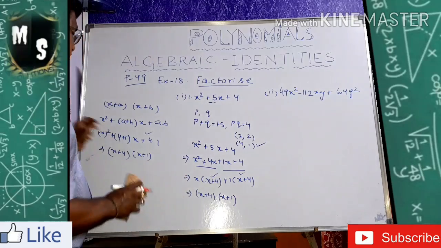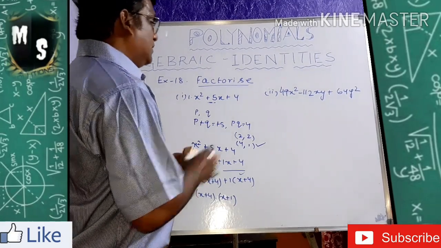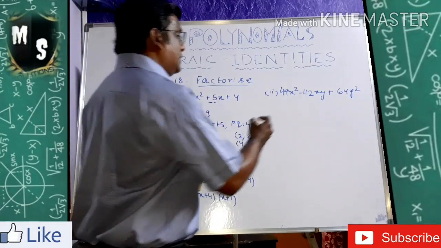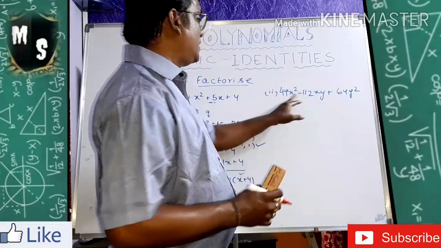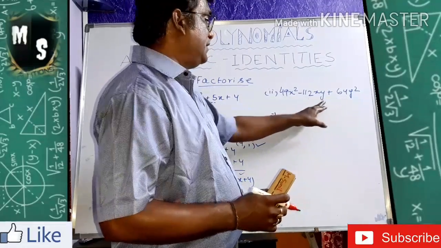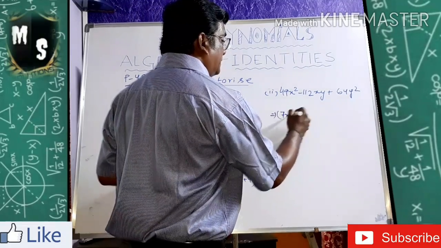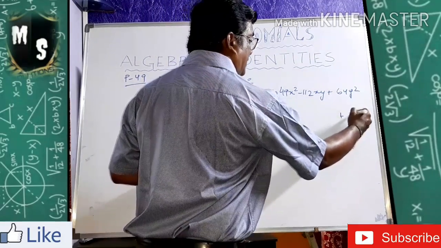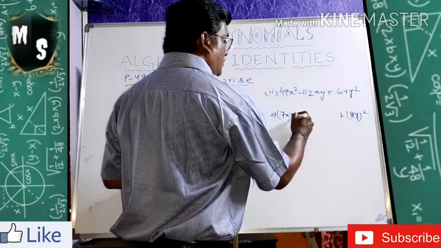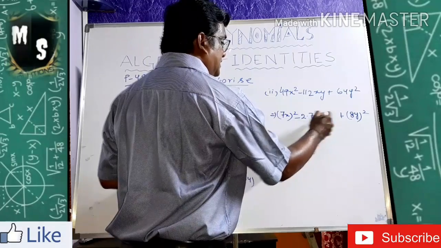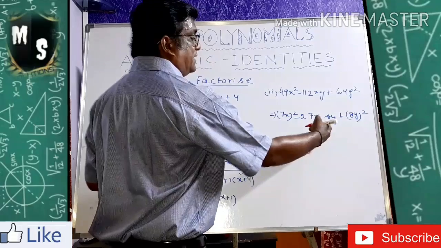You understood this sum. Now I am going to explain you this sum. What is that? 49x square. See now, first of all, you are looking at 2 squares here. That means a square and b square are present here. It must be in 2ab. Let's see. Now 49x square can be written as 7x whole square, and this 64y square can be written as 8y whole square. Now I got my a square, b square. Now what is this? 2 into a. A means 7x. B means 8y. Now it is 2 7s are 14, 14 8s are 112.